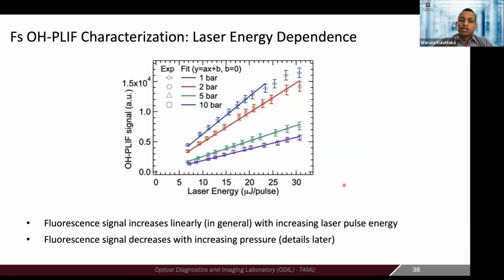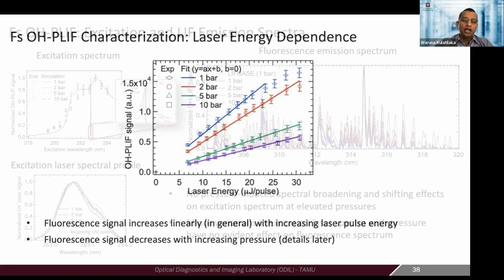And then before you do actual measurements, you want to make sure you characterize your laser dependence, make sure your signal scales linearly, in this case, single photon excitation. So make sure your laser power dependence is good. You don't have other additional interferences, which is good for the most part, but we typically don't go into these high laser energies, which we see some level of saturation at atmospheric pressure conditions, but at 10 bar and higher pressures, the signal becomes lower because of those absorption and other losses I mentioned, but you get nice